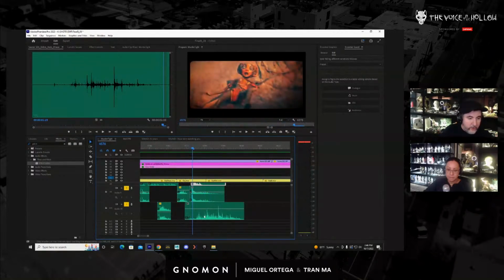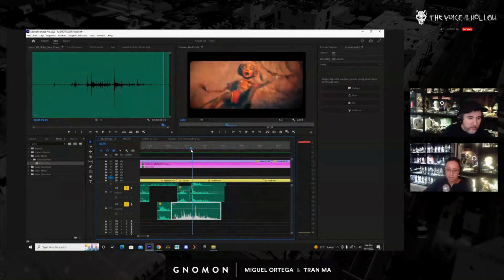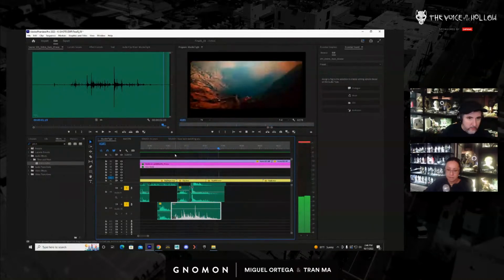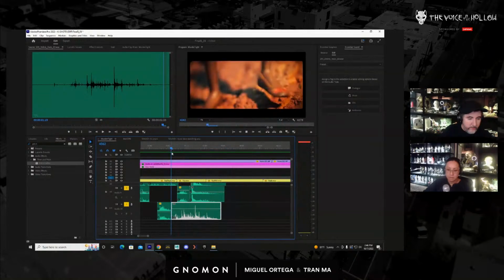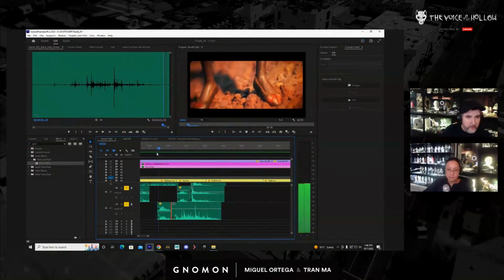So I do want to make sure that the peak is in the area where we have our impact, or at least closer to it. Okay, let's right click on this, apply default transition. Actually, let's not.